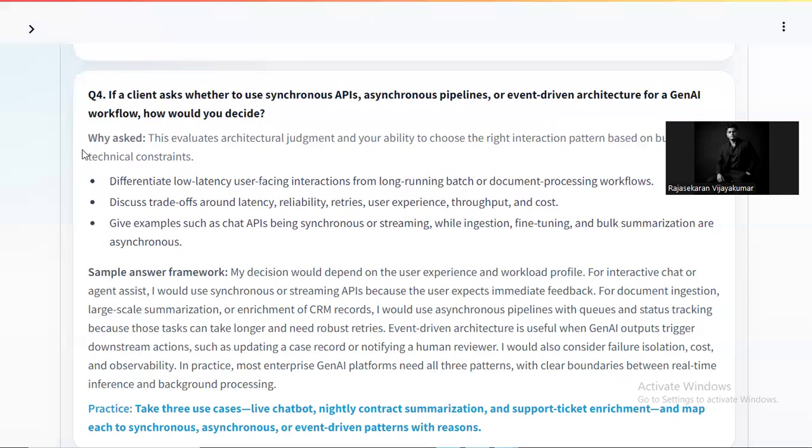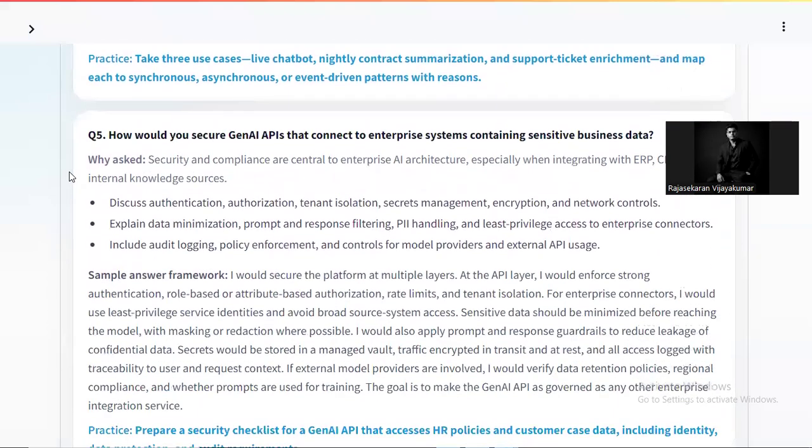Okay. Let's get to the next one. So the next one is,